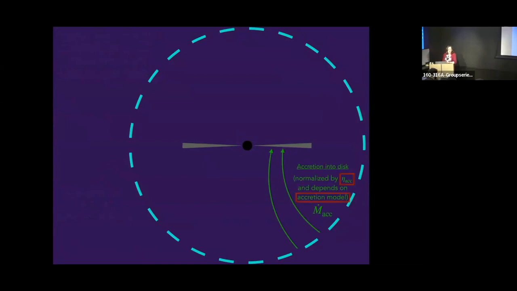We have to normalize that model according to some accretion efficiency. Those two things are kind of a priori unknown and maybe resolution dependent. We have to model how the mass gets from the accretion disk onto the black hole itself. Maybe the most straightforward part, let's just call it an alpha disk. And then there are various forms of the feedback that have been described that can manifest at the resolvable scale